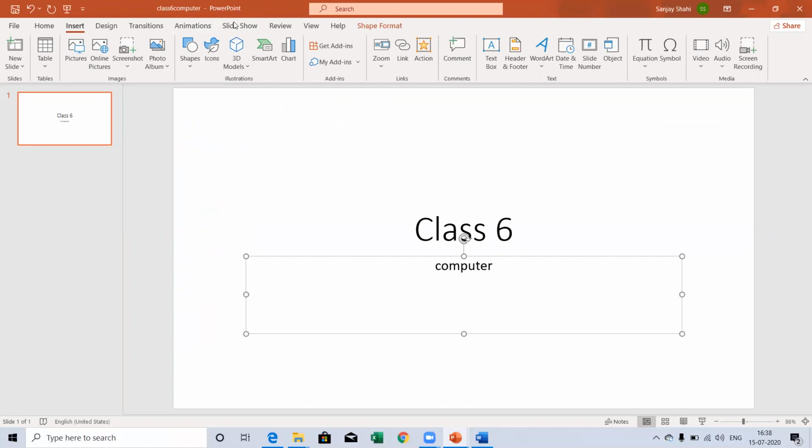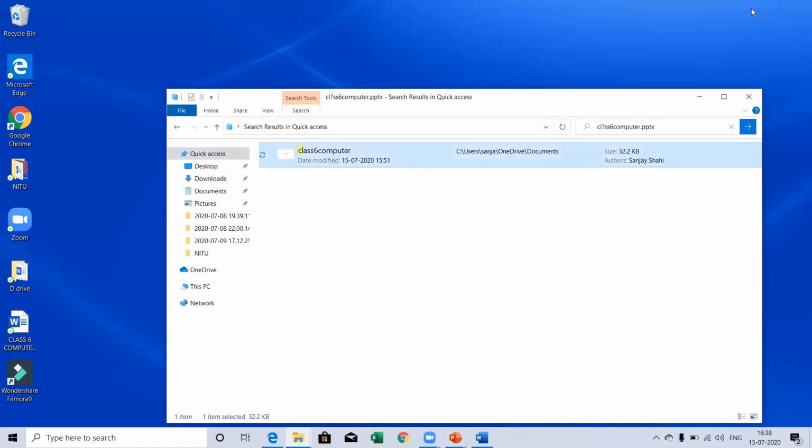So these were the uses of wildcards. The first wildcard was the question mark, and the second was the asterisk sign. The asterisk sign is used to replace a string of text, and the question mark is used to replace any single character in a search. Okay, so these were the two wildcards. With the help of these two wildcards, you can also search your file or folder.